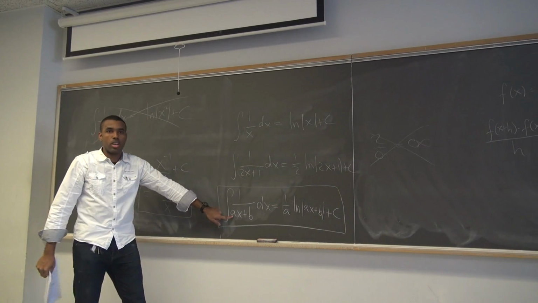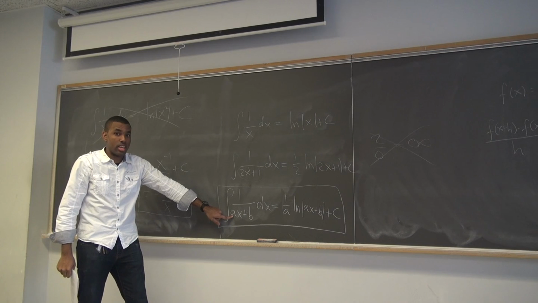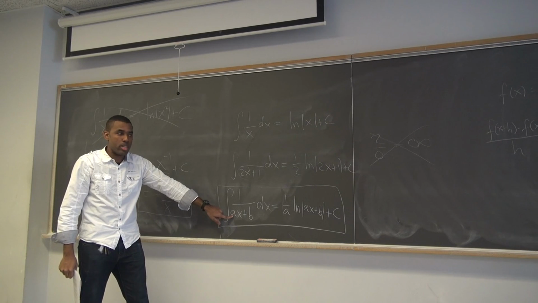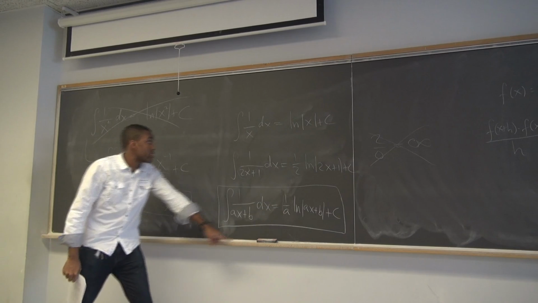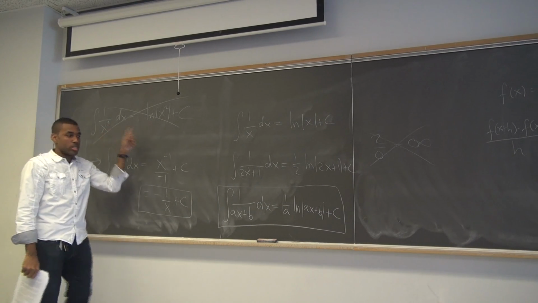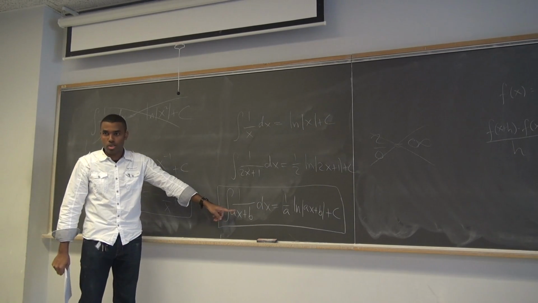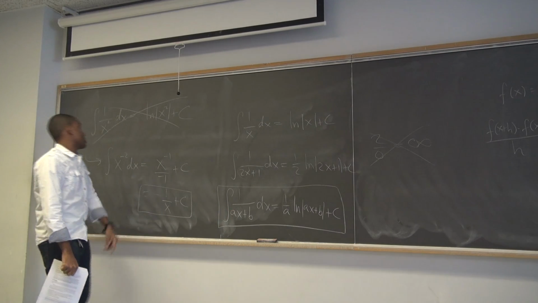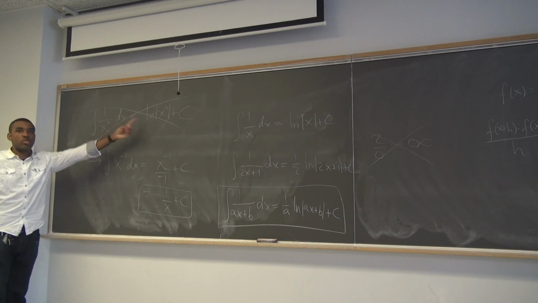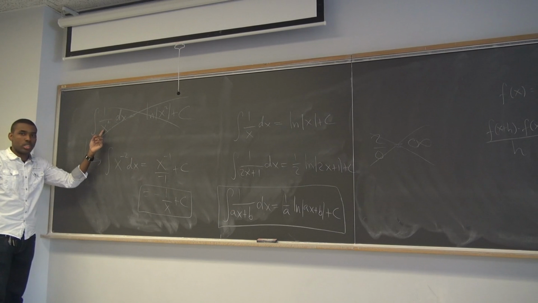If your function does not look exactly like this, for constants a and b, you will not get an ln. This does not look like that because the power is a square. The power is not a square in the general term. So if you do 1 over something and you write ln and the thing is not a linear function,